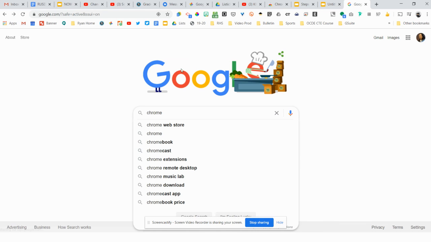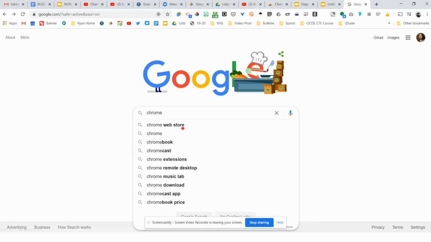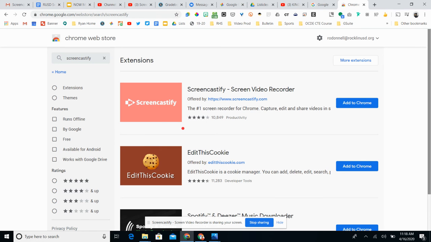And so doing a quick Google search, you're going to type in, as you can see here, Chrome Web Store. Once you click on that, it will take you to this. Here at the Chrome Web Store, you can install different extensions. And so you're going to want to go to the search area and type in the one word Screencastify. And when that comes up, you'll see it should be the first option up here, Screencastify, Screen Video Recorder. And to get this going, you're just going to click on the Add to Chrome button